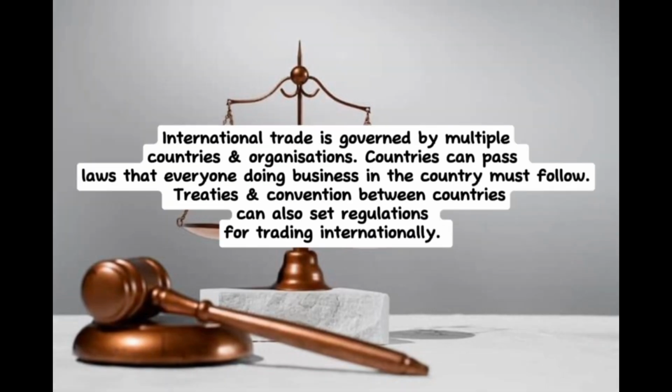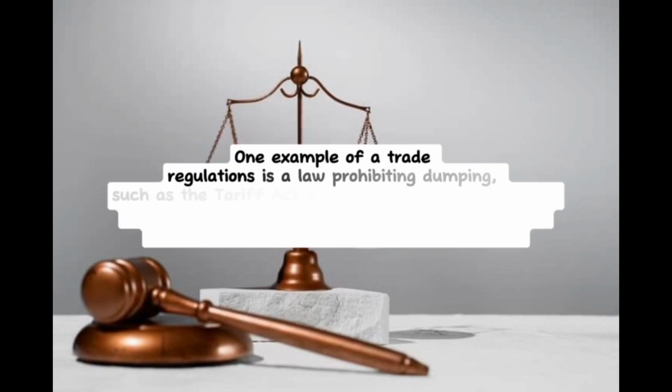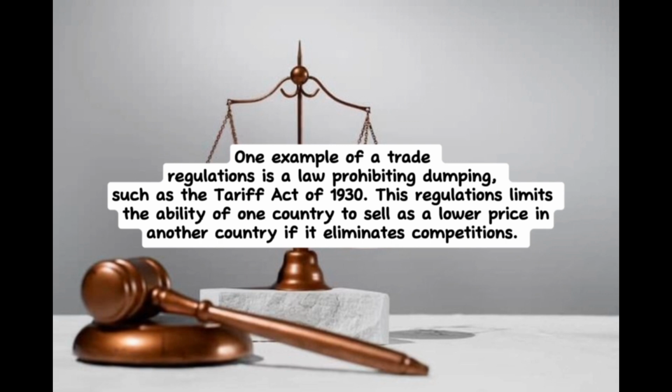International trade is governed by multiple countries and organizations. A country can pass a law that everyone doing business in the country must follow. Treaties and conventions between countries can also set regulations for trading internationally. One example of a trade regulation is a law prohibiting dumping, such as the Tariff Act of 1930. This regulation limits the ability of one country to sell at a lower price in another country if it eliminates